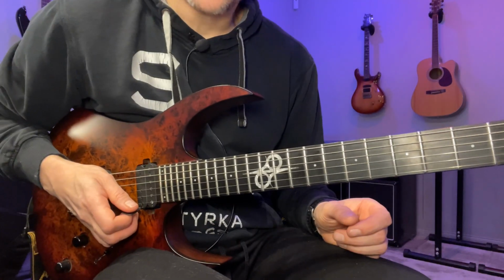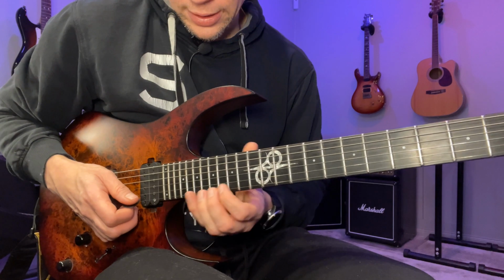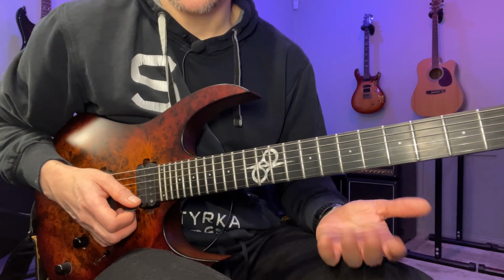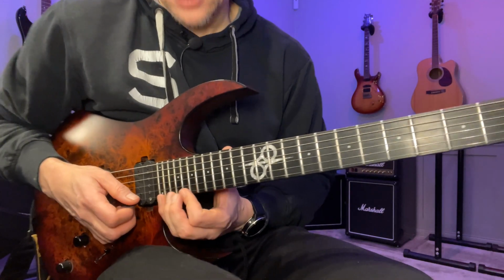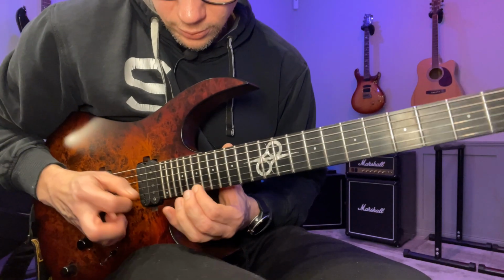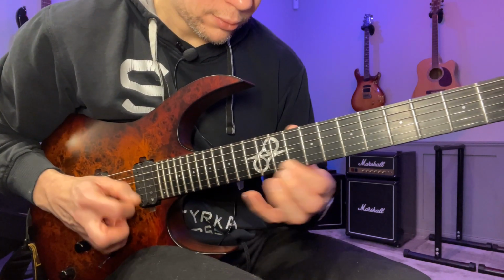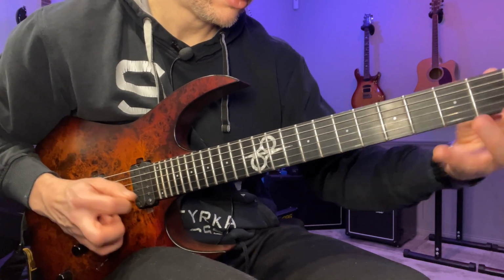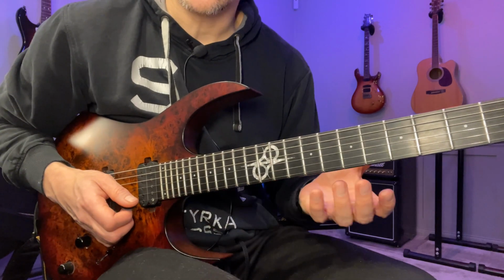Another thing I think you should do is to basically take this sequence, the single string sequence first, and apply that to other scales and keys. So if we just do the major scale, C major scale on a single string, and I start as high as I can. Right, so you can do that,